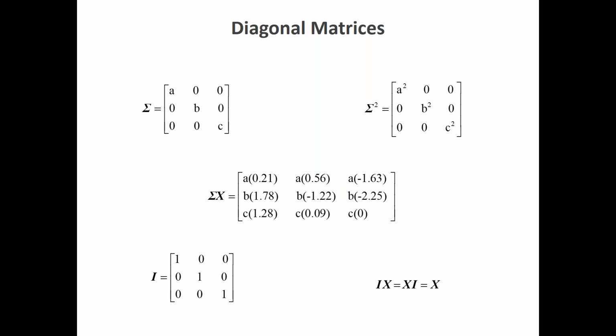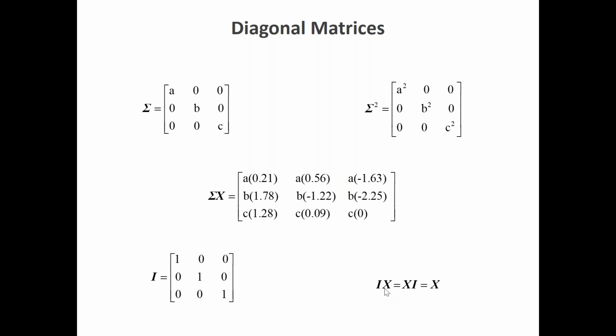And among all diagonal matrices, the most important is what we call the identity matrix, which is the diagonal matrix where all the elements in the diagonal are equal to 1. This is very important because this matrix is the equivalent in regular algebra of the number 1. If you multiply the identity matrix by any matrix, with the sizes compatible, let's say 3 by 3 matrices, then it does nothing. Just like the number 1, when you multiply it with whatever number, it does nothing.